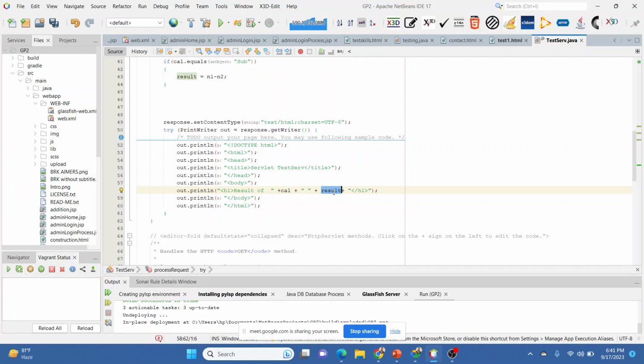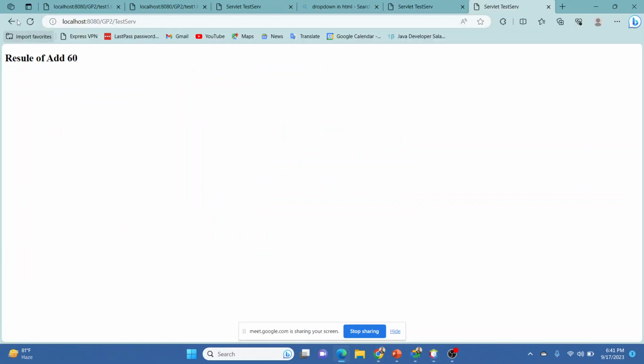So if it is addition, it is going to print the result of addition, and if it is subtraction, it is going to print the result of subtraction. So if you can see, it is add 60, and when we select sub, it is subtraction 50. So whatever we choose in that HTML part, it is reflected in the servlet part. So that's how a servlet works.